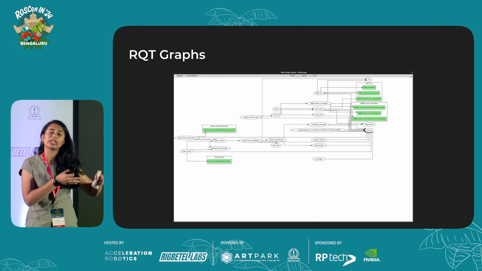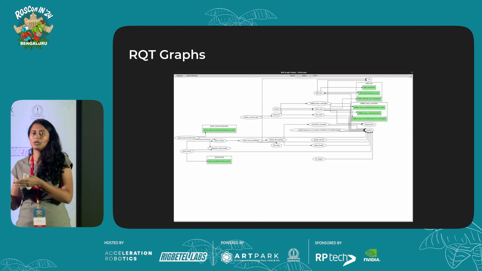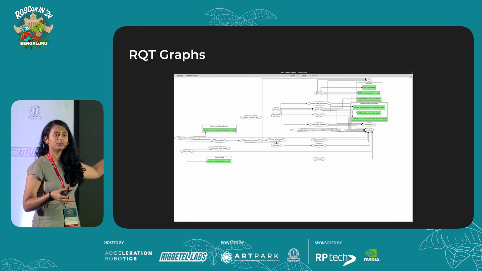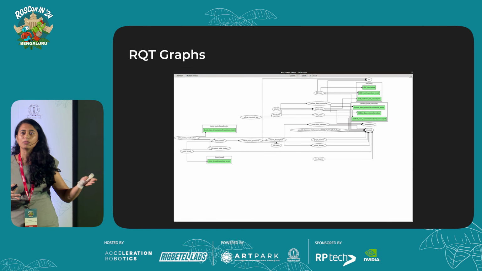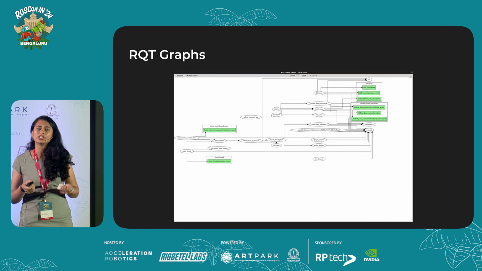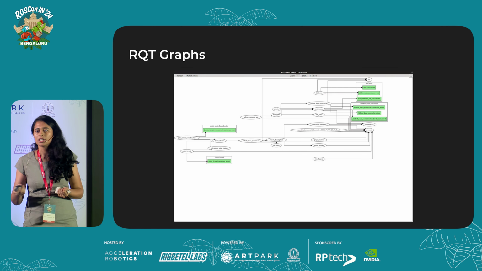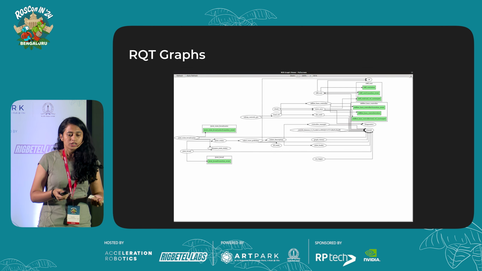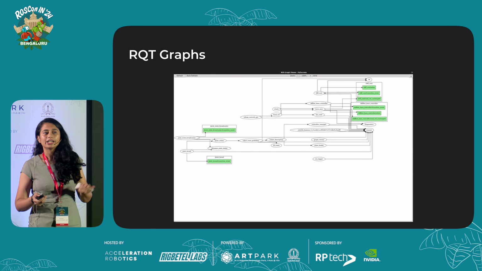This is where you can distinguish between a node and a publisher. You can see the messages getting transferred from multiple nodes through these topics. And you'll be able to debug in terms of which is your publisher and which is your subscriber, and where the data flow actually starts off from. So it became essential for us to add RQT graph.